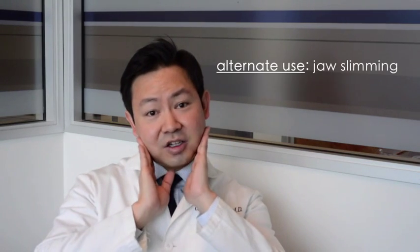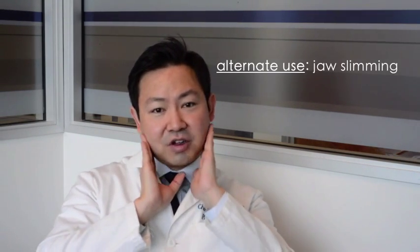Good candidates for the procedure are patients who have specific areas, just like we mentioned, any one of those three areas. There are other uses for Botox too. One that's less known, and it's more known among the Asian patient population but not as much among the non-Asian population, is using Botox or neuromuscular agents to slim the jaw a little bit. If you feel down here, you'll notice there's a muscle called the masseter muscle. It's a muscle that gives us our ability to chew, but in some patients that muscle can be a little bit thick and a little bit large,